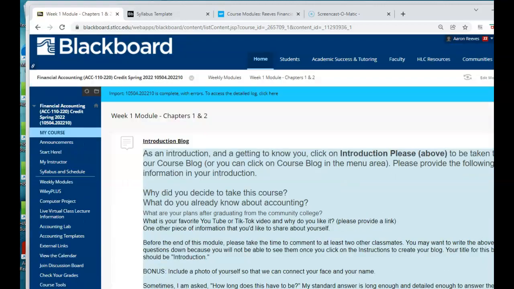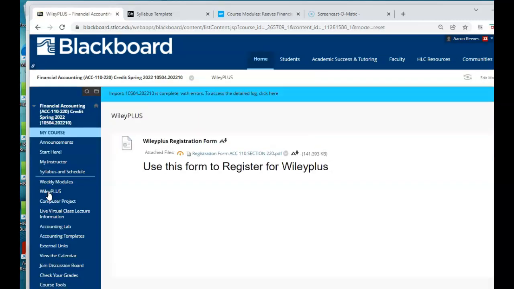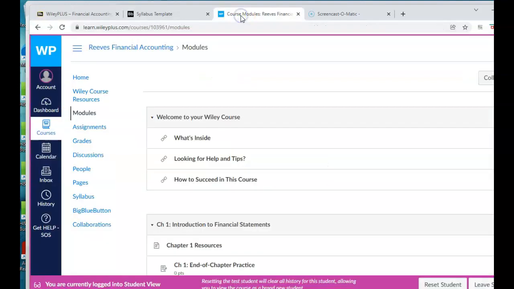Okay? So how do we access Wiley Plus? If you click on the Wiley Plus tab here, and if you click on this link, it is a registration form that will take you to the Wiley Plus site to register. Now, for those students who are still waiting for financial aid or other means of finances, you are allowed to use the Wiley Plus software for a 14-day grace period free of charge. Hopefully, that will give you time to take care of any financial matters and have access to the Wiley Plus site. Let me go ahead and click now on the Wiley Plus site.